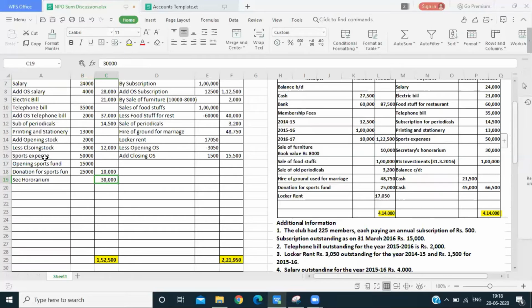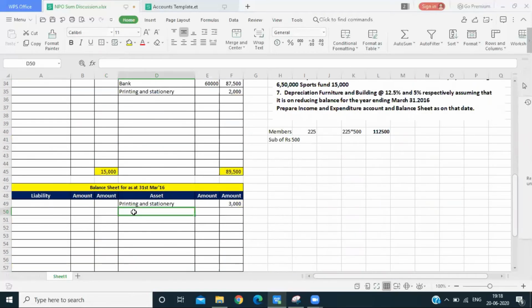So the next point is 8% investment. As we all know, the investment is an asset, and the investment is made on the close of the account, that is 31/3/2016. So there, we should not calculate any interest as the close of account and the investment date are the same. There will be no interest provided for this 8% investment, and the 8% investment, being an asset, will be shown in the closing balance sheet. Simultaneously, we can show that also. 8% investment, we have 1 lakh rupees.